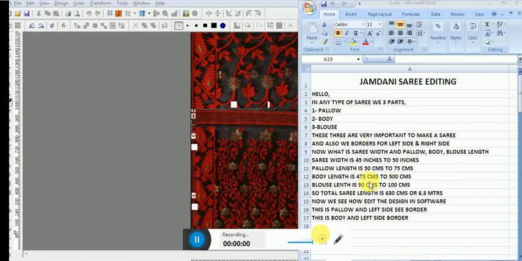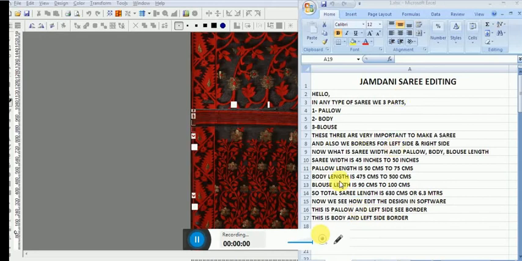That means 4.75 meters to 5 meters, and blouse length is 90 centimeters to 100 centimeters. So total length of sari is 6.3 meters to 6.5 meters.